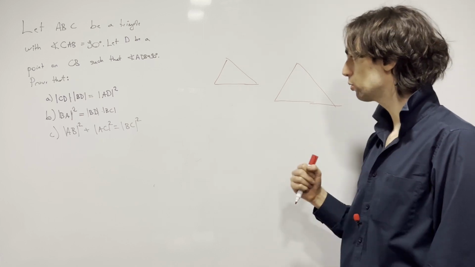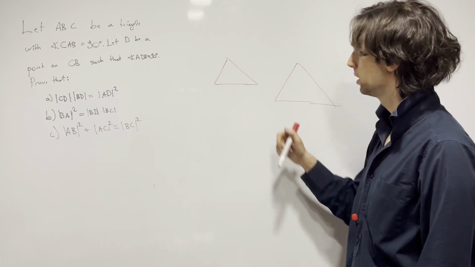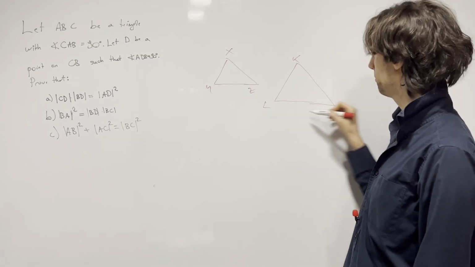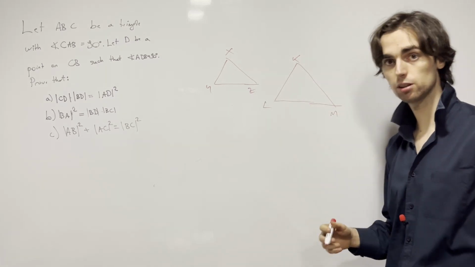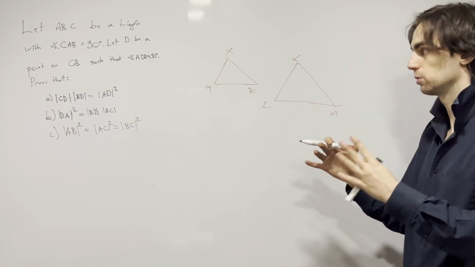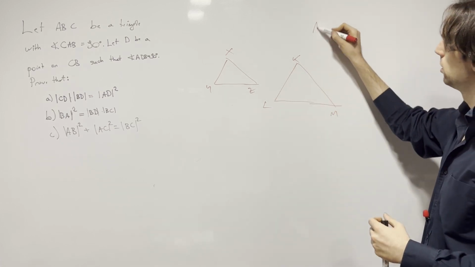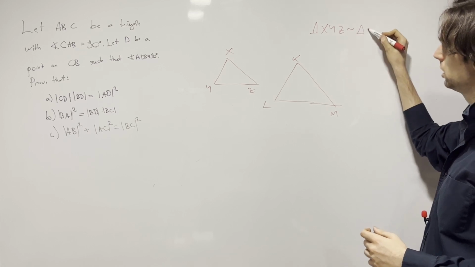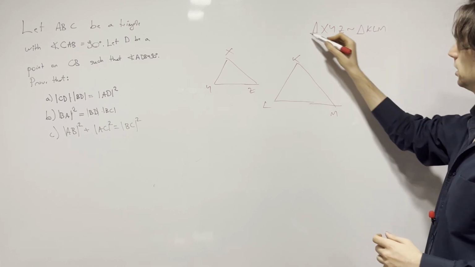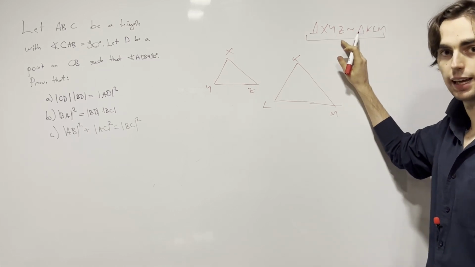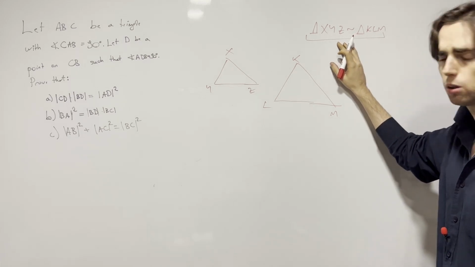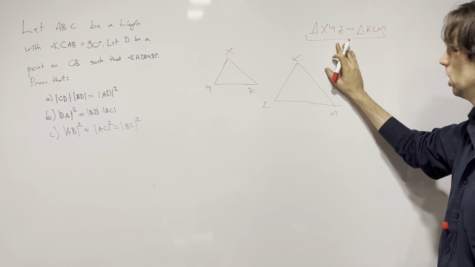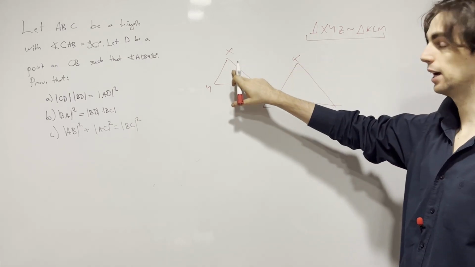And now, if two triangles are similar, say the triangles XYZ and KLM, they're similar. Now we have a couple of conditions for similarity. So XYZ is similar to KLM. When is this the case? There are a couple of conditions to look at, but the one I'm going to focus on is the angle